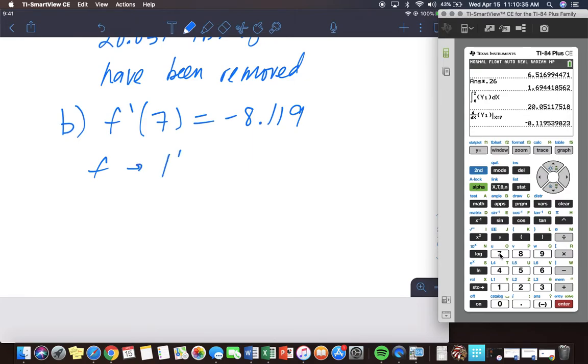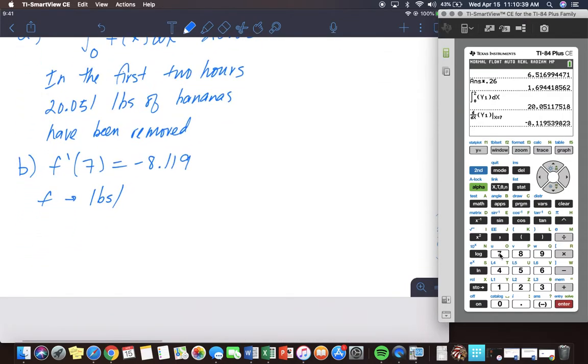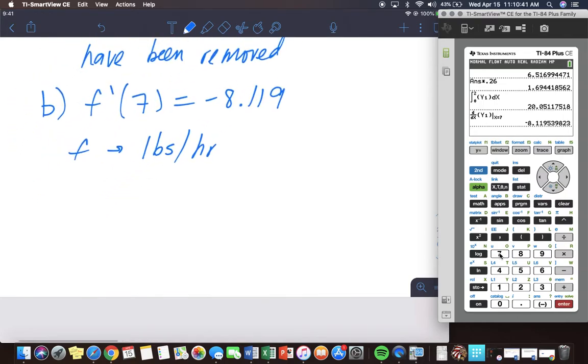So this was in pounds per hour. So this wouldn't be like pounds per hour again. Instead, what we're going to talk about is this derivative positive or negative, right? So because this derivative is negative,